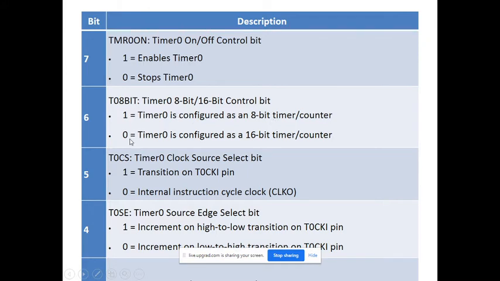And suppose I place 0 here, it means I am interested in using timer 0 as a 16-bit timer or counter. In this fashion I can choose either an 8-bit timer or a 16-bit timer as per our choice, and according to that we place either 1 or 0 under bit number 6.